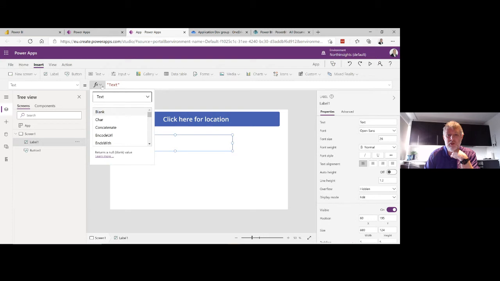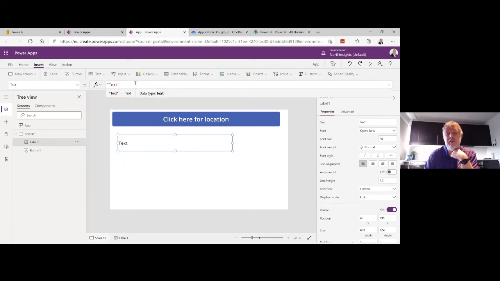So you can have a list of functions in here, or you can simply just write your own in here if you want. So I could change this to something else. So I can say, latitude is, and then I can append something here, like a code, or I can write simply some code to get something.